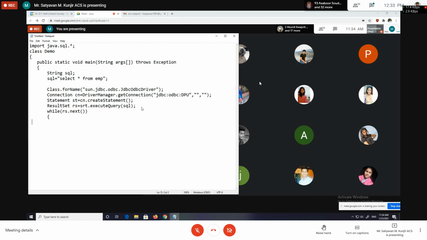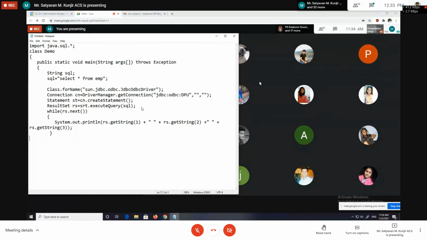After returning the current record from the result set, what do we have to do? We have to read the data column wise from that record and display it. For displaying data, we use System.out.println. The first value is rs.getString(1), and if you pass 1, we get the first column value, that is employee number. I want space between two values, so I'm giving a space here. Then rs.getString(2), then again a space plus rs.getString(3), and then the end of while.